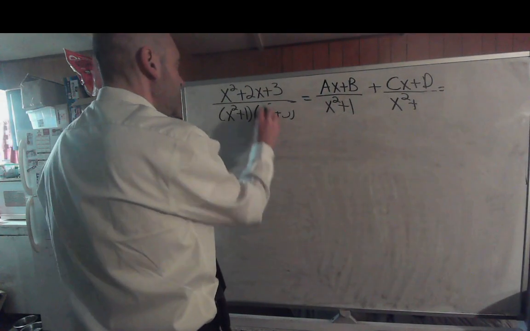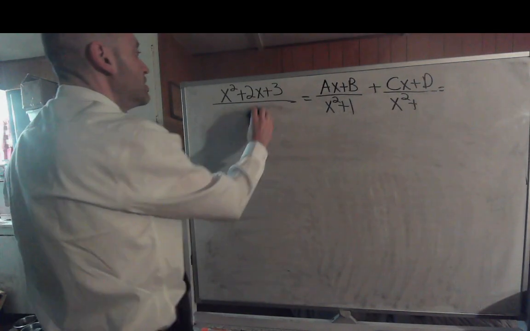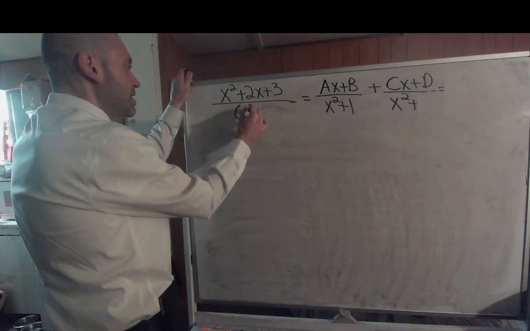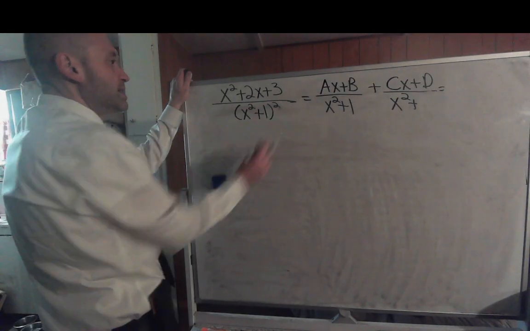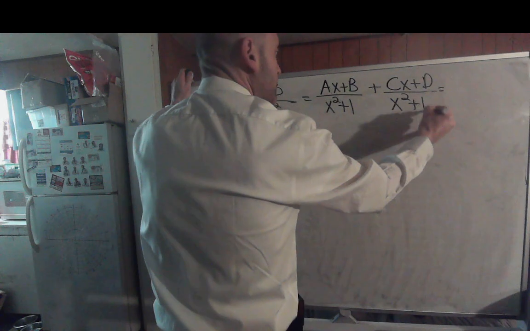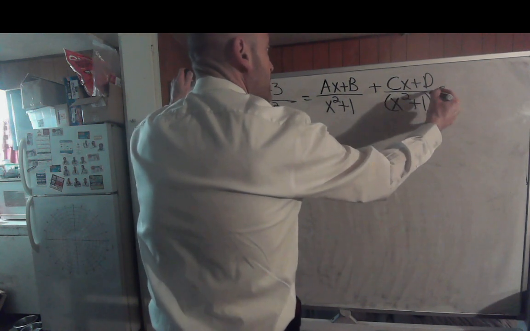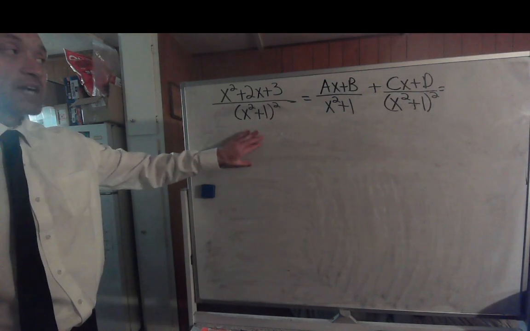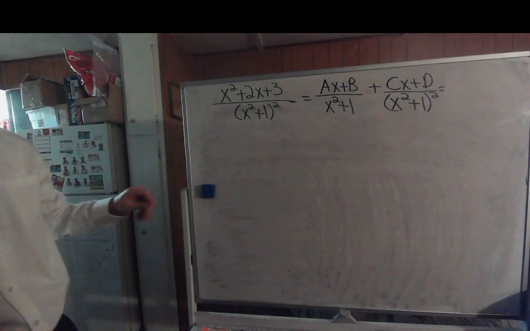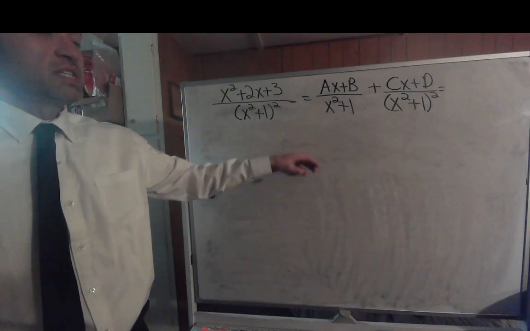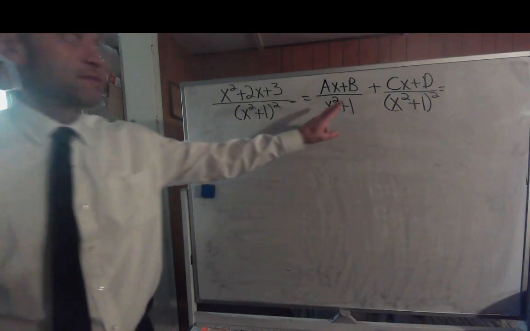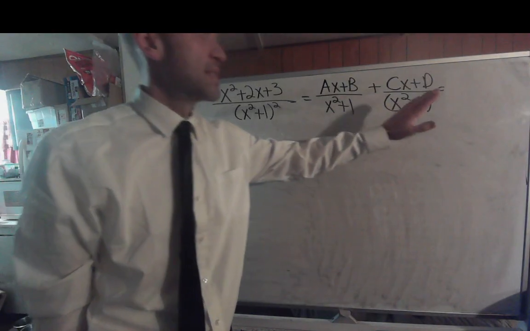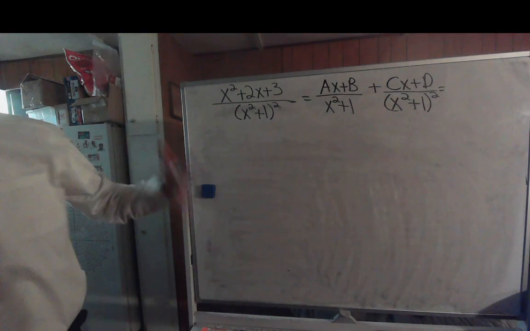So let's say I just decided to do x squared plus 2x plus 3 all over a simple x squared plus 1, that quantity squared. You know what? Why don't we do this one? I don't think it's going to be that bad. So you have a repeating quadratic factor that won't factor. Well, what you'll do is you'll still set up an ax plus b over x squared plus 1 raised to the first power plus a cx plus d over an x squared plus 1 raised to the second power. Now that ain't so bad,